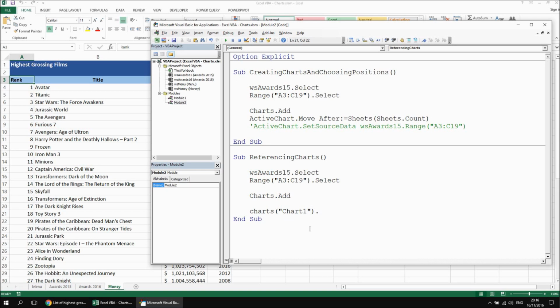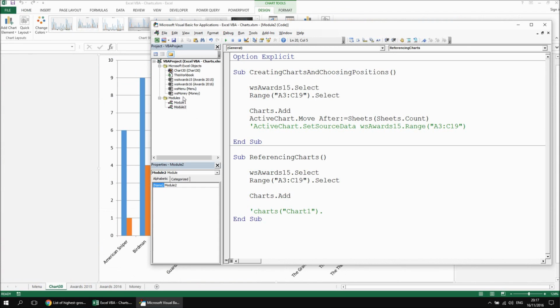So if you've got a chart that belongs to the workbook and is unlikely to be deleted, give it a sensible name and you can reference it like so. You can also give charts code names as well. So in fact, let me just comment out that line briefly. I'm just going to run this subroutine at this point, and I get a new chart which is called chart 30, and it's got a code name of chart 30 as well. But just like with any standard sheet in Excel, you can rename both its tab name, its sheet name, and its code name. So if I go up to the top of the properties window and find the name property,